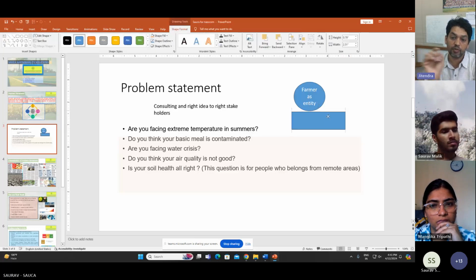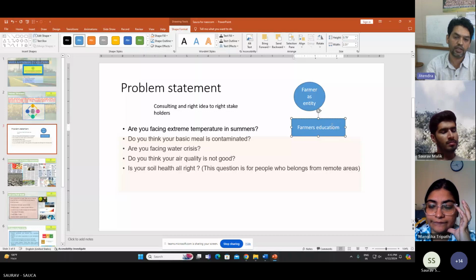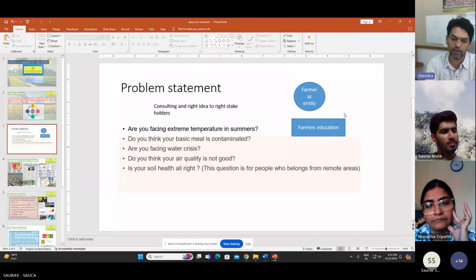You can possibly define that and say, I'm going to provide this. I'm going to make farmers educated. It's a very strong statement. And you will say that this education is not about the ability to read or comprehend. It's the ability to look into the future, at how their farms and their farm produce are going to be and how they can make a profit out of it.